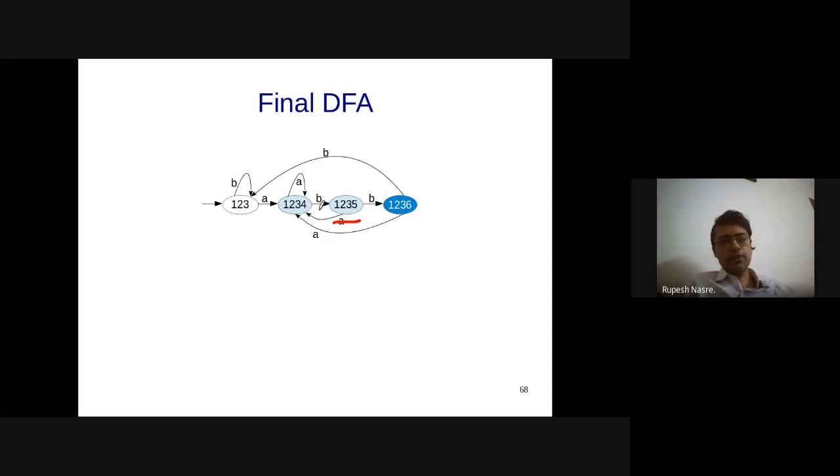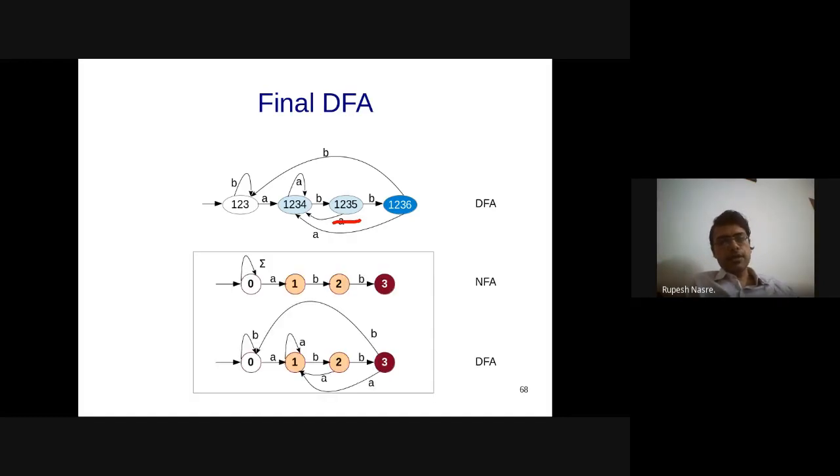Similarly, if you try to complete that, you will get a state transition diagram like this, which is going to be our final DFA. So you have all these different states possible, and then transitions on A and B, and that is going to give us the DFA like this. If you recall whatever we did from NFA to DFA, we got exactly the same DFA as before. So there is no guarantee that you will get the minimal DFA. It so happened that in this example we got the minimal DFA.